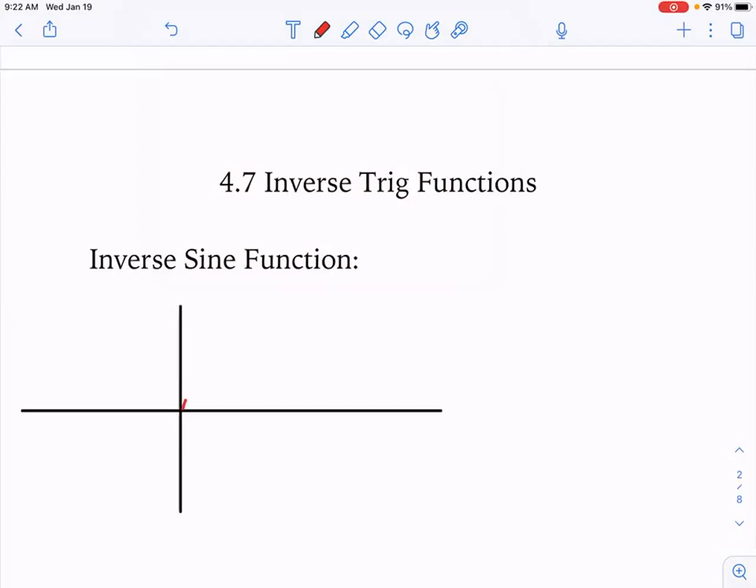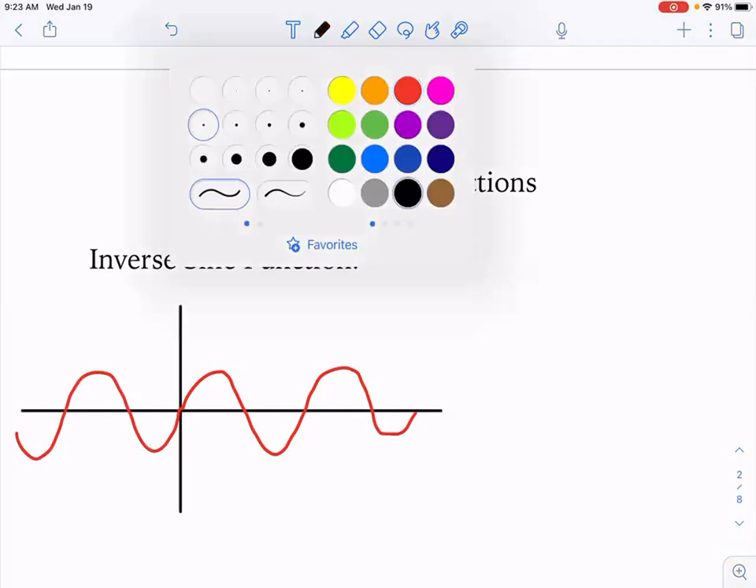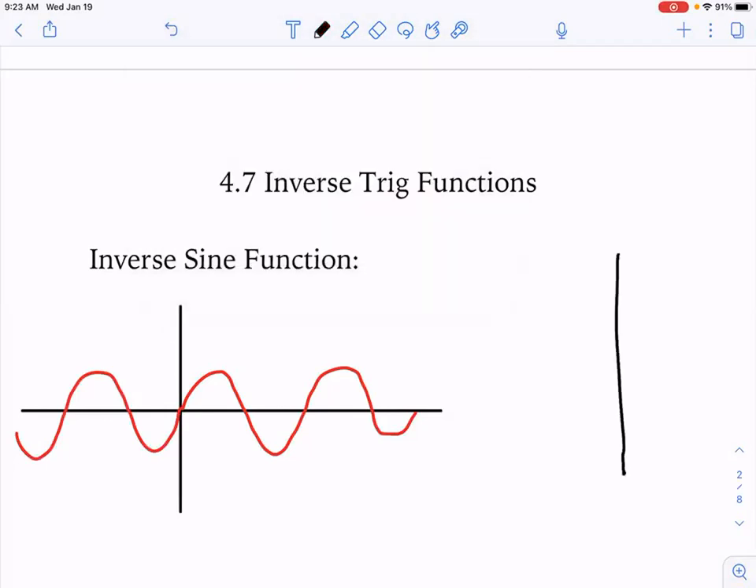Okay, this is what the sine function looks like. It goes like this in both directions. Does this pass the horizontal line test? No, it does not pass the horizontal line test, but I'm telling you that there's an inverse sine function. That's weird. Okay, so let's go ahead. I'm going to show you what happens when we reflect about the line y equals x. That's how we get